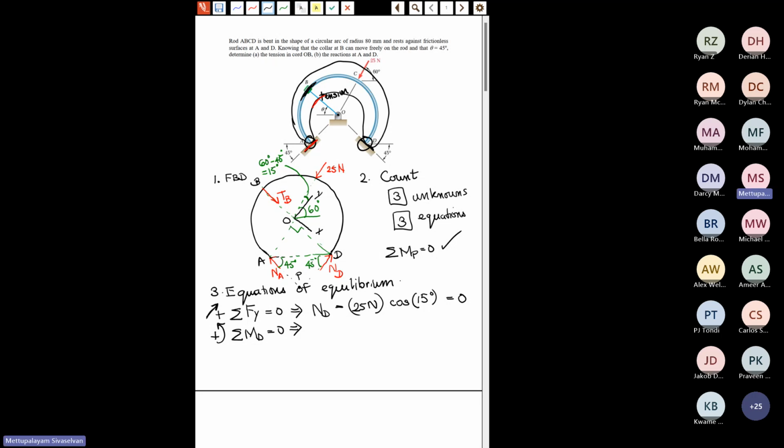I can break this into a vertical component and a horizontal component and calculate that distance and do it that way. Or I can extend this line, and you see that this distance here is simply equal to R. So I can do just NA times R,